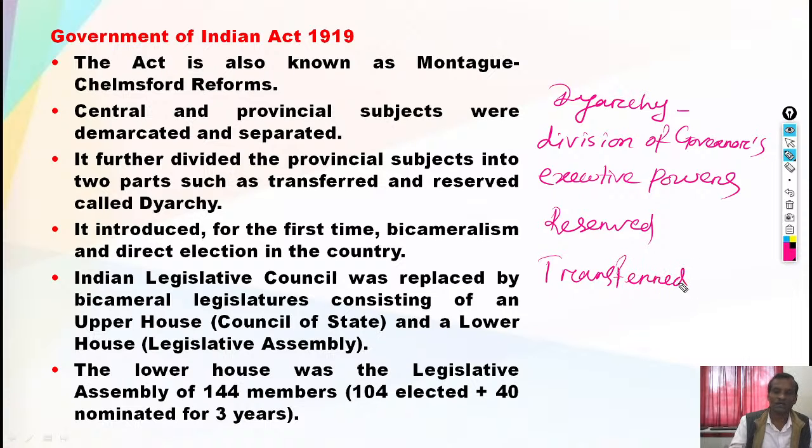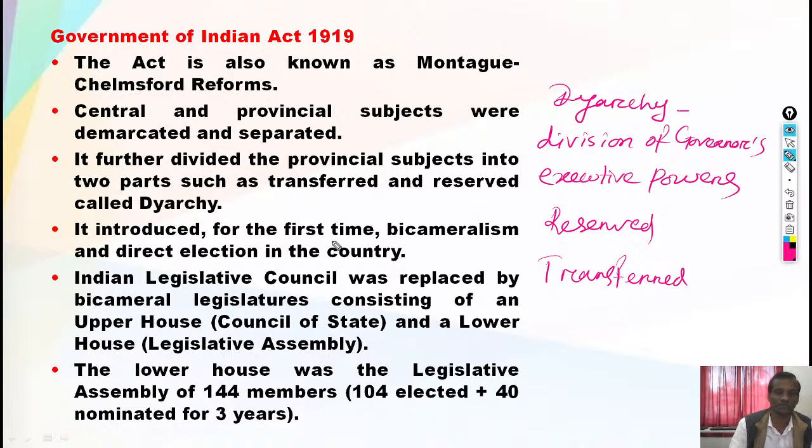जो रिजर्व सब्जेक्ट था उन पर गवर्नर खुद अपना डिसीजन ले सकते थे। जो रिजर्व पावर था उस पर रिजर्व सब्जेक्ट जो था, सब्जेक्ट मीन्स फाइनेंस, एग्रीकल्चर, माइंस, दीज आर सब्जेक्ट्स। तो गवर्नर वो रिजर्व सब्जेक्ट में खुद डिसीजन ले सकते थे। लेकिन जो ट्रांसफर सब्जेक्ट था, गवर्नर वो डिसीजन प्रोविंशियल लेजिस्लेटिव असेंबली, जो उसको विधानसभा हम कहते हैं, उस टाइम में प्रोविंशियल लेजिस्लेटिव असेंबली के नाम पर जाना जाता था। तो वही प्रोविंशियल लेजिस्लेटिव असेंबली में जो मिनिस्टर्स थे उनका अप्रूवल चाहिए था। ओके, सो दैट इज कॉल्ड ट्रांसफर सब्जेक्ट। सो रिजर्व सब्जेक्ट, ट्रांसफर सब्जेक्ट होते कि दोनों तरह की जो एग्जीक्यूटिव पावर होता था उसको डायरची कहते हैं। और डायरची 1919 में इंट्रोड्यूस हुआ प्रोविंसेस में।